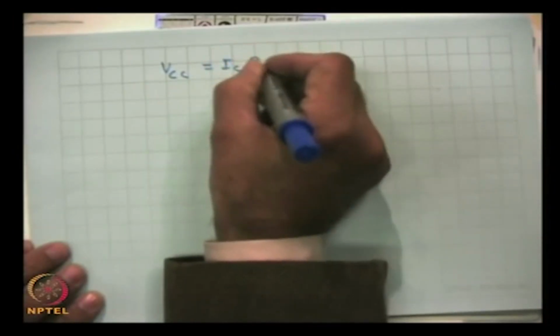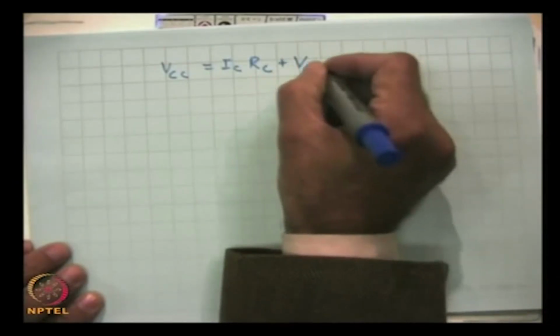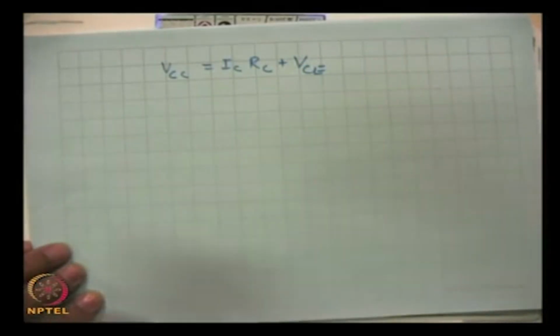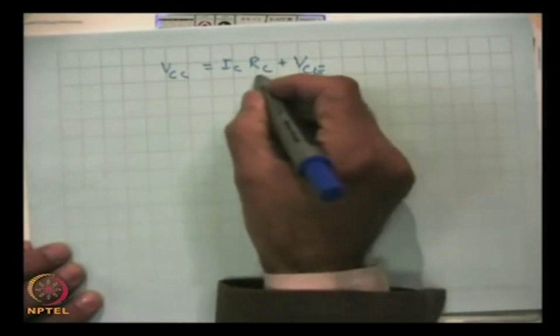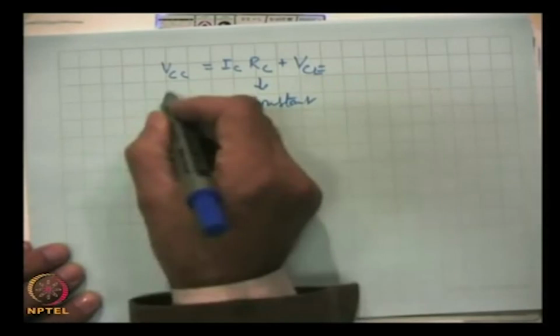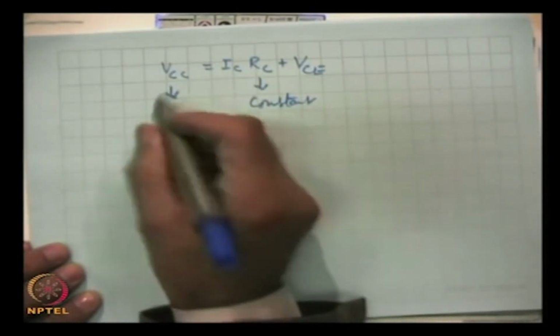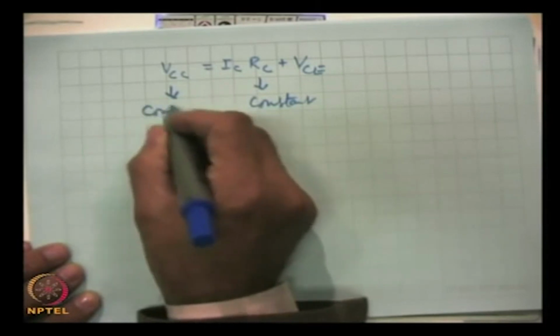So, we get VCC equal to IC RC plus VCE. Now, here RC is constant, VCC, this is the battery which is also constant,